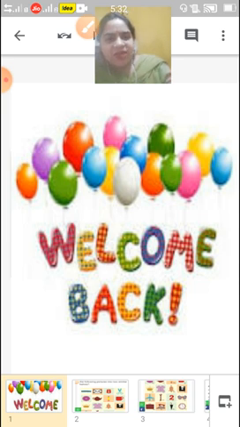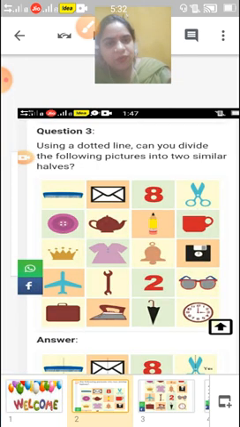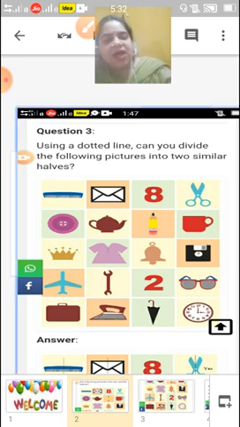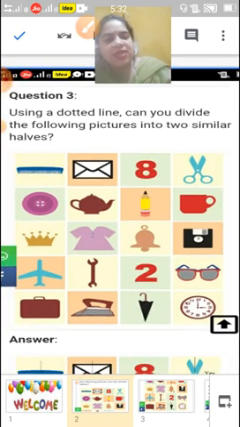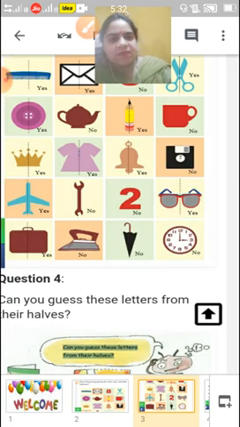So children, I welcome you back to our previous chapter in maths, that is Where to Look From. I hope you did your homework properly. I gave you this homework, but I didn't give you the solution. I hope you complete this also. So at once have a look at this.